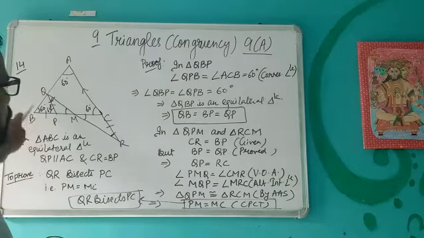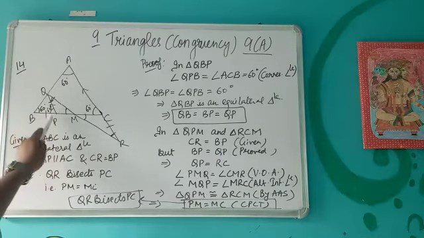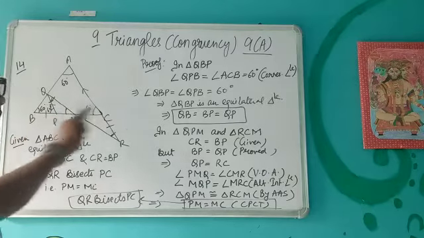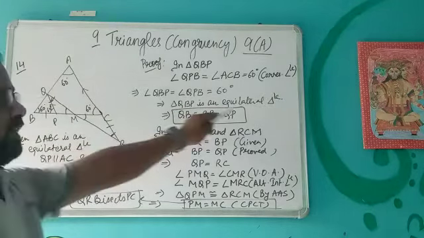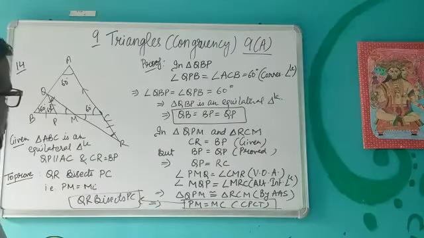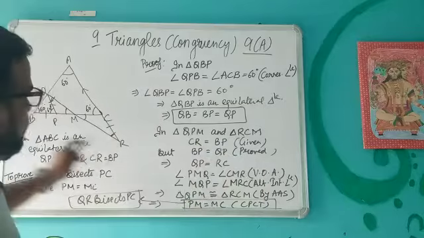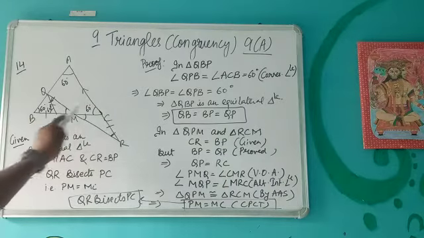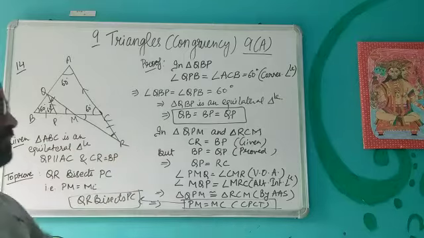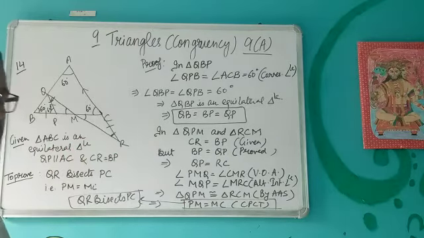So first we have proved this small triangle QBP as an equilateral triangle by using the property of parallel lines. First two angles become 60 degrees, so the third angle will automatically be 60 degrees. So it becomes an equilateral triangle, and since it is an equilateral triangle, all the sides will be equal to each other. Then we have taken the triangles QPM and RCM, and we have proved them congruent. So these two parts become equal to each other by CPCT. So we can say that QR bisects PC.